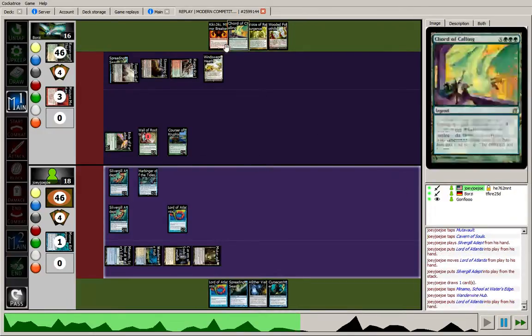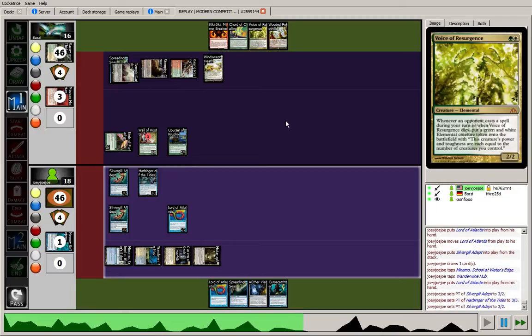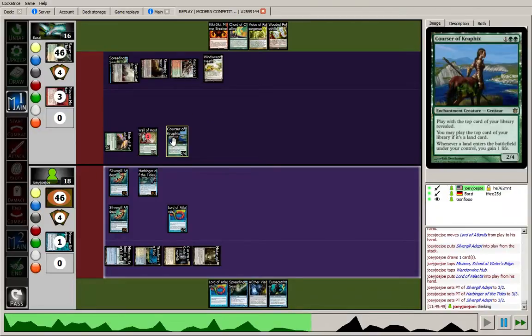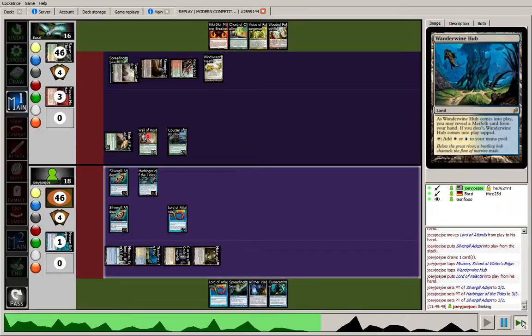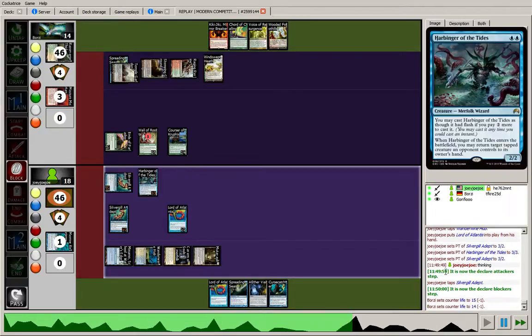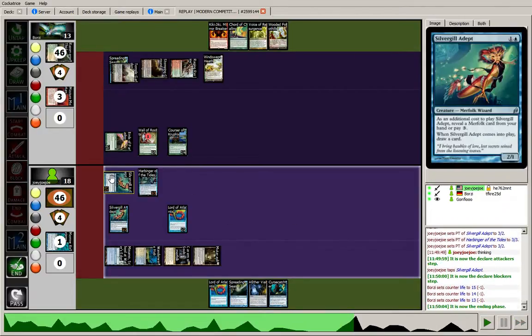We can see that the opponent has no more access to removal right now, so it's time to start applying pressure, especially with the life gain on the board with Courser of Kruphix. So the creatures get a little bit bigger, and after thinking about my clock and my potential avenues to victory, I decide to just attack with Silvergill Adept